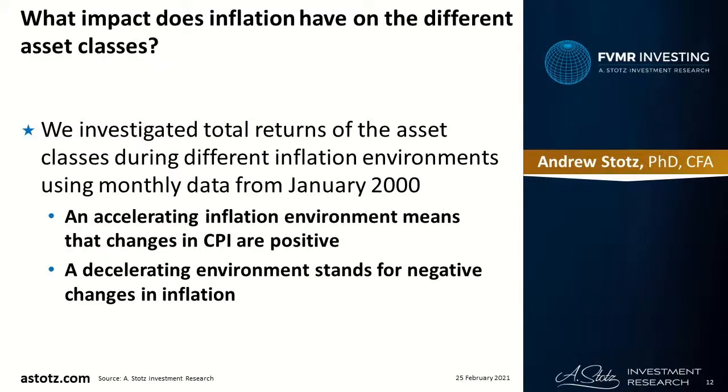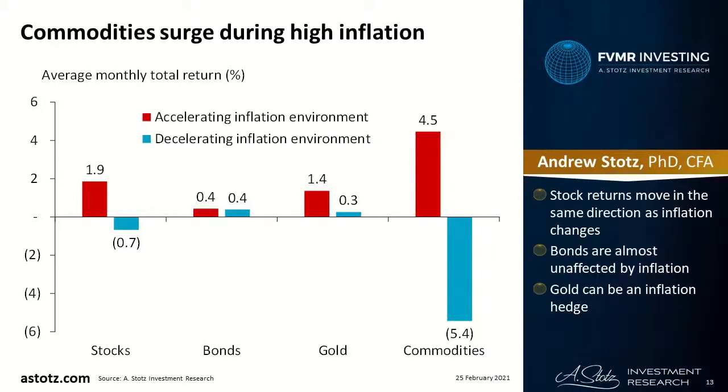So what were the conclusions that we came to? This chart, which I'm showing in the video, is showing that if we are in a rising inflation environment, then commodities is the main beneficiary. And if we're in a rising inflation environment, stocks are the second beneficiary. In fact, gold would be third. So stocks and gold actually are pretty close. But if you can time it right, then commodities will be a major source of return in an inflationary environment.